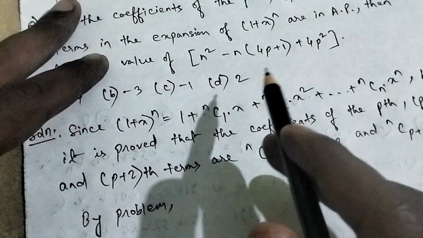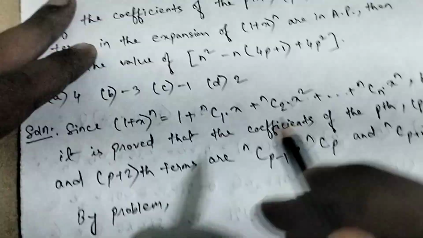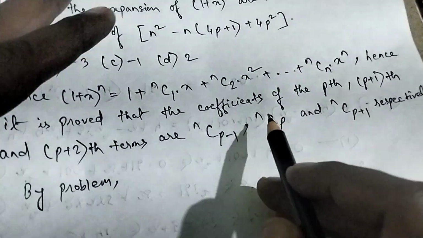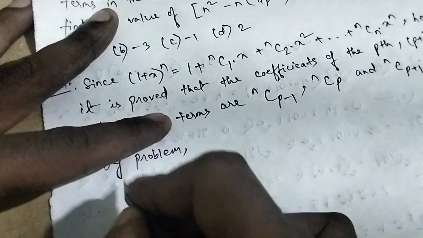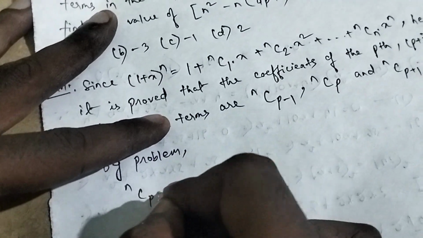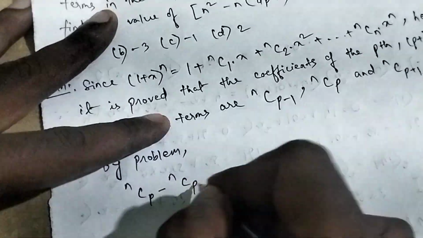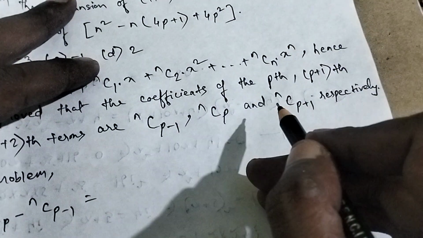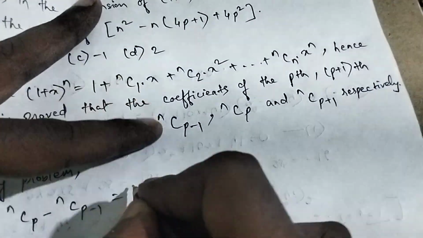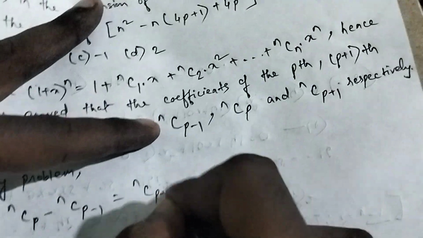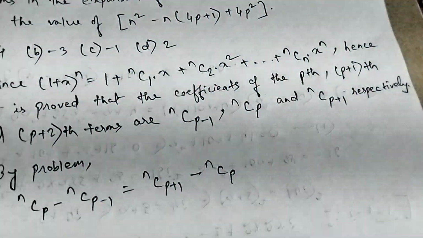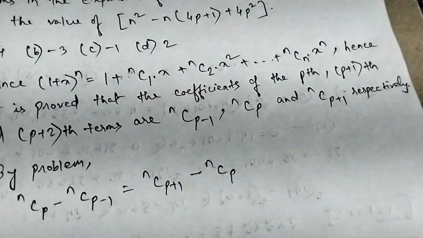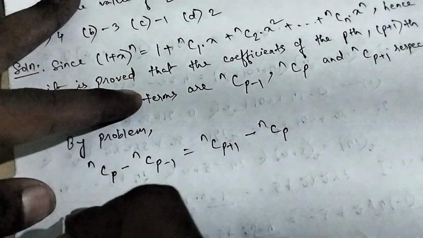That means second term minus first term, that is nCp minus nC(p minus 1), is equal to third term minus second term, nC(p plus 1) minus nCp. Clear? So from here we can write